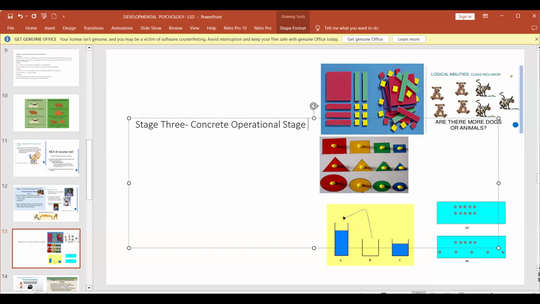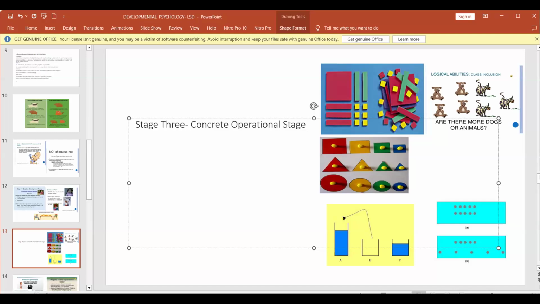I will give you another example. Now the child is in the primary grades, school-going child. Now you want to ask this question from the child in mathematics. My mother gave me 5 apples. I ate 2. I gave 1 to my sister. My father brought another 5 apples. How many apples remaining? Now the child can't do the sum mentally, because the child needs concrete experiences in order to comprehend something.